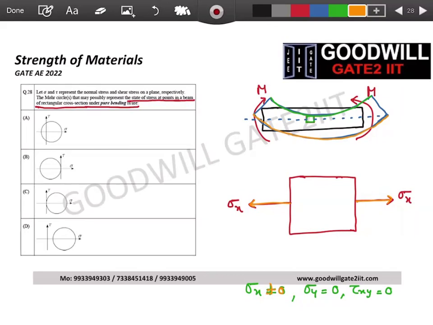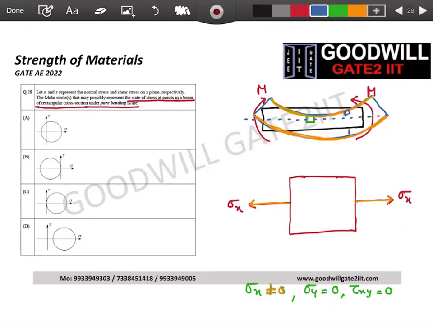If I give you, let's say, a box and ask you to bend it, you can imagine that the top surface, when you bend, will be compressed, and the bottom surface will be expanded. Meaning, on the top surface you have negative, compressive stresses, and on the bottom surface you have tensile stresses. Correct? So sigma x can be positive or negative